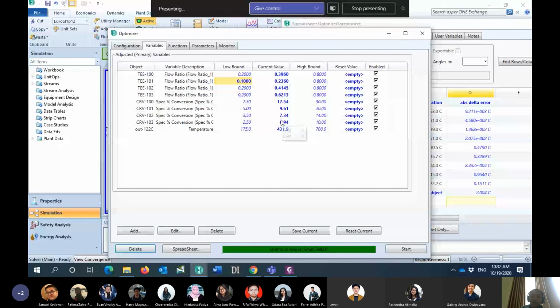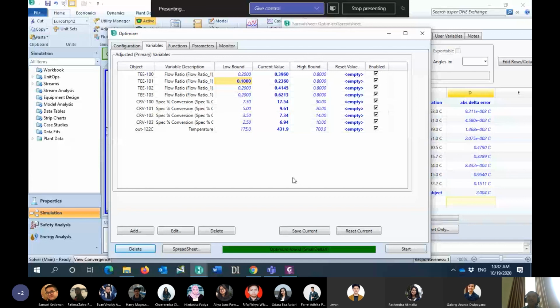So this is the way we evaluate the performance of the reaction. Based on the temperature profile, we try to find the correct value of the conversion of the reaction.